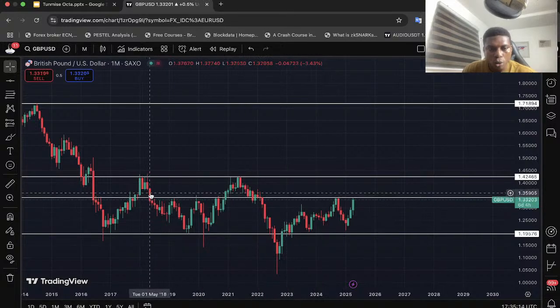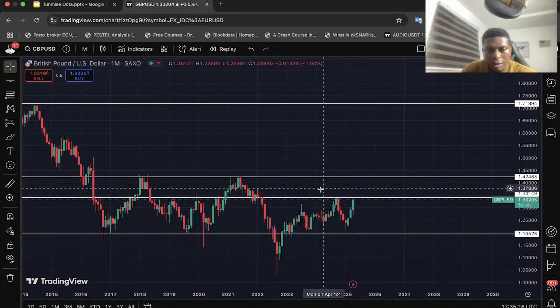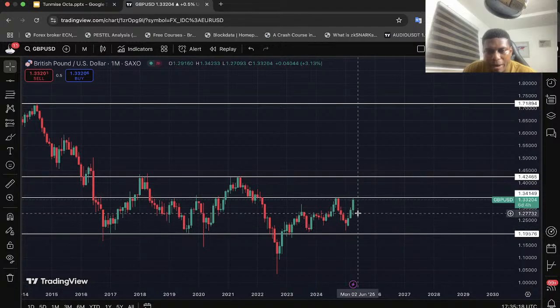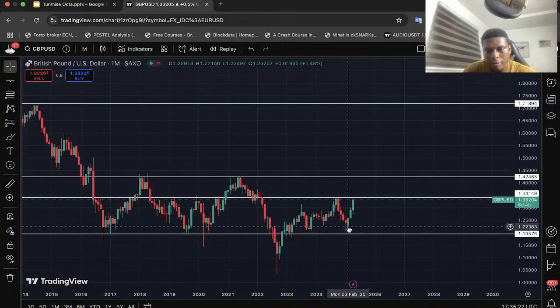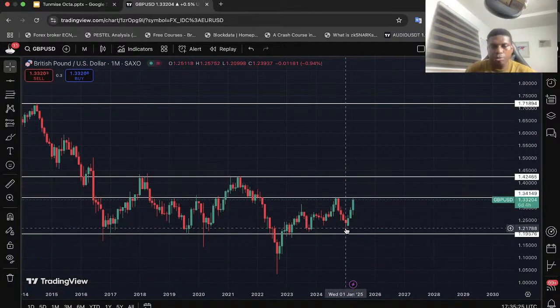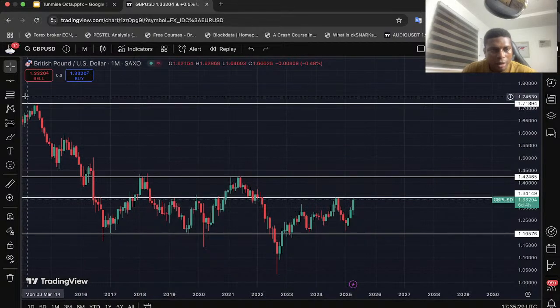We can also see the buying power coming in, with the consistent 3 candlesticks pushing price higher. So also let's understand how price has